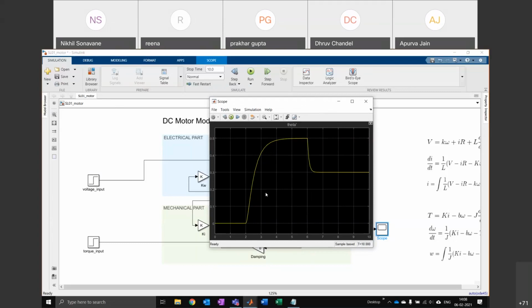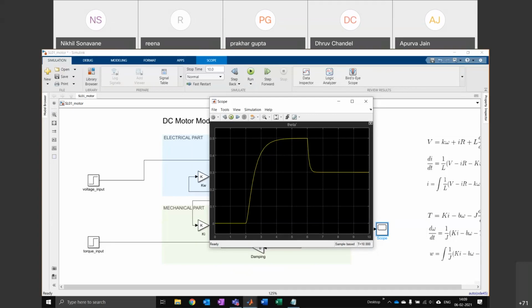So I turn on the motor at a time of 2 seconds. It spins up to some velocity. And then when I apply the torque from the outside at a time of 6 seconds, the velocity drops and it stabilizes at some other position. Okay, so people are asking why the speed falls.